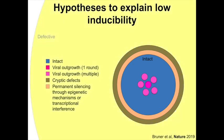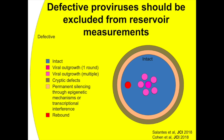And while we're sorting this out, I think it's certainly better to measure the total number of intact proviruses than to use standard PCR assays, shown in yellow, which are mainly measuring defective proviruses that are irrelevant to cure. Now, I want to point out one additional recent finding that is related to the viruses that come back in treatment interruption studies. There are a couple of recent studies that have compared the rebound virus to viruses detected in the viral outgrowth assay before treatment interruption. And so far, they appear to be different. Now, that could be sampling, but to fully explain this